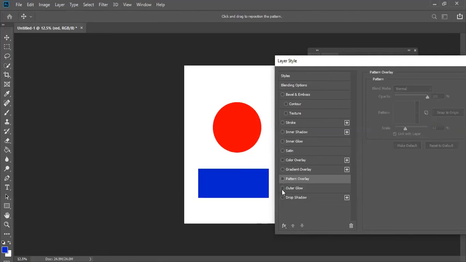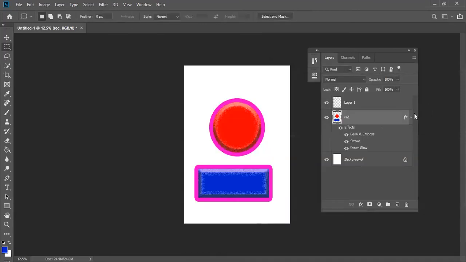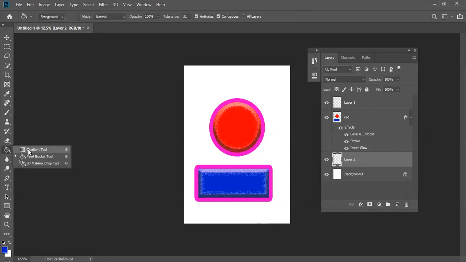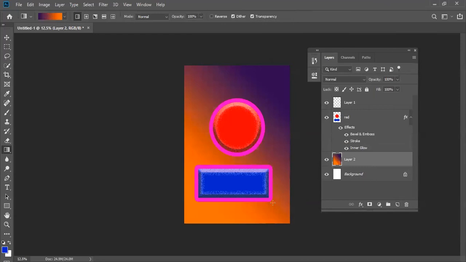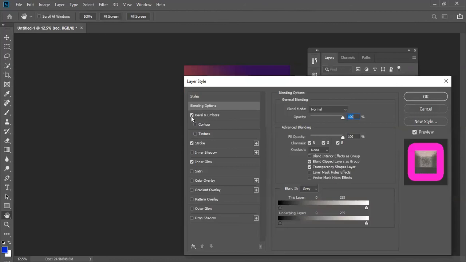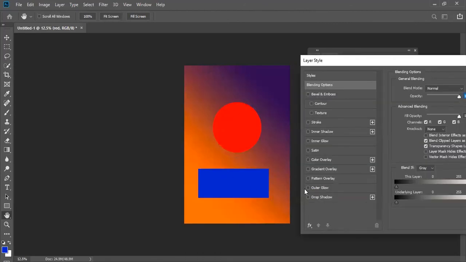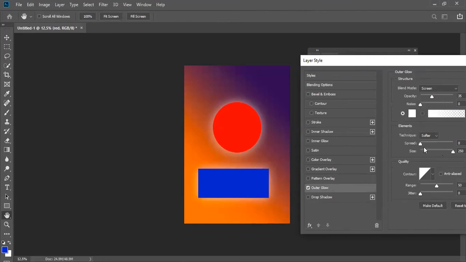Okay. And outer glow means, if you want to see the outer glow, first you have to create layers. Okay. And you can create gradient inside. Then only you can see the effects here. Here, bevel and emboss, stroke, inner glow I am closing. This is only the one object. Outer glow, when you're clicking here, see, there is a glow, it's coming for outer. Okay. And see, you can adjust like this.